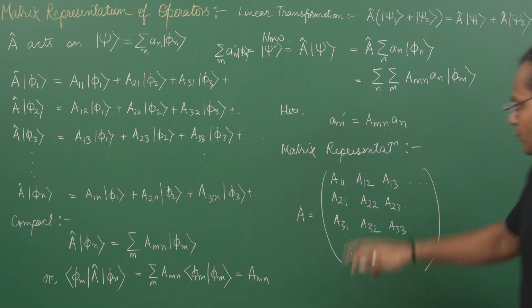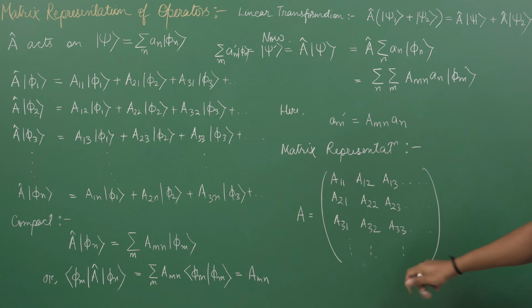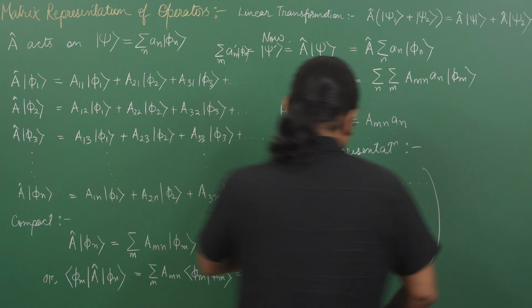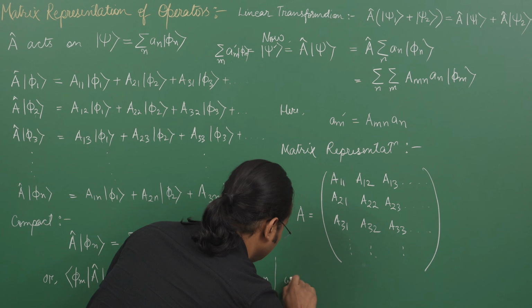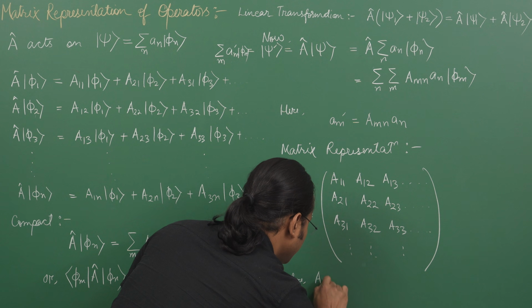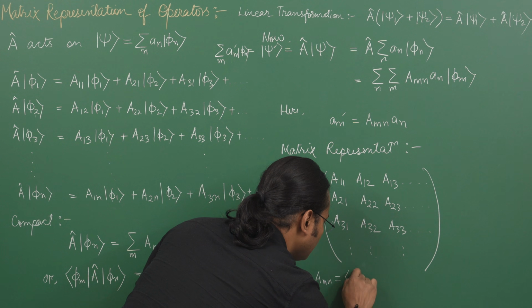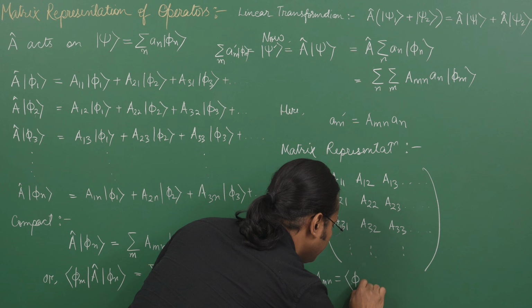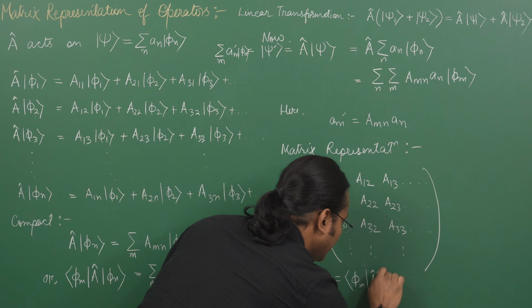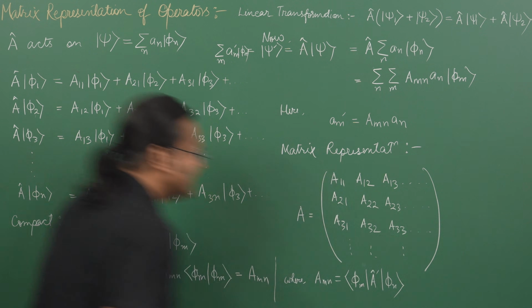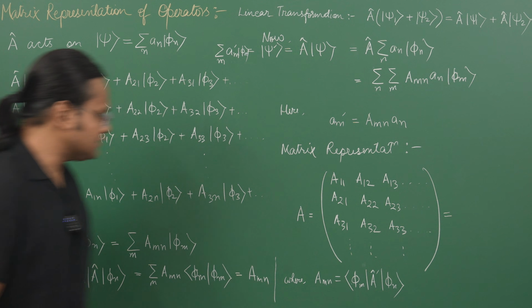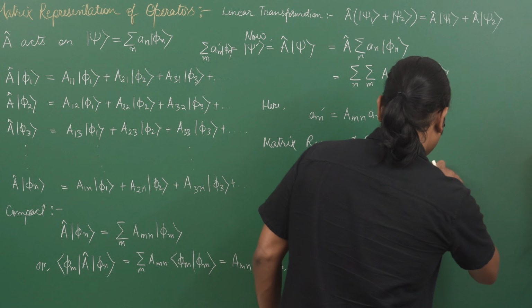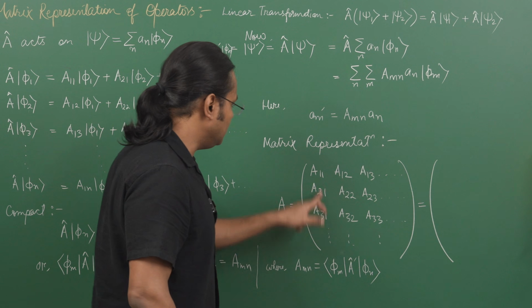And you know how we can obtain all these terms? We can obtain all these terms from this particular expression. So all these terms, I should say, Amn is nothing but the inner product of phi m, A hat, phi n. That's it. So if I want to represent this square matrix in terms of these products, this is quite simply put. The first term will be, of course,